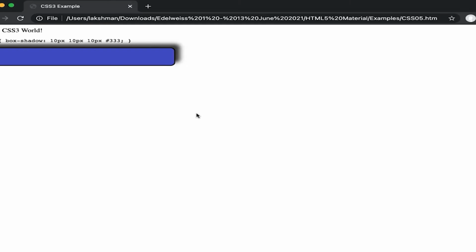The interval is going to be 1 second, let us say. Every 1 second, I want this to be decremented by 1. If I do that, it would mean that the shadow for this div would slowly move from the bottom to the top. Is everyone able to visualize this?